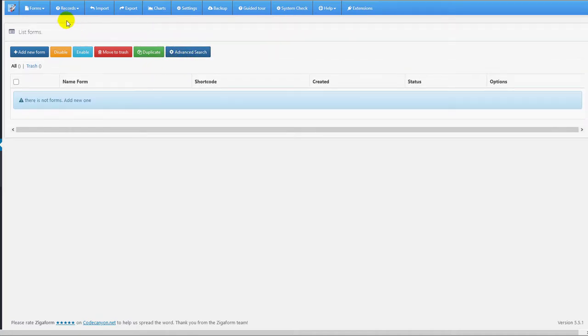Okay, then on the header menu, you have forms here. You can see the records on here. You can import your form from other website. Also, you can export your form. You can see the charts. On settings, you can change the language. You can make a backup of your data